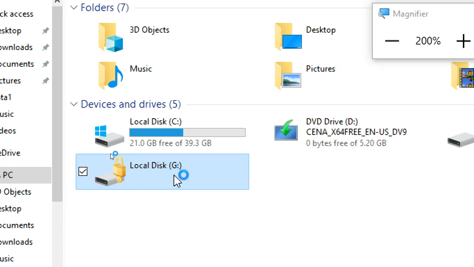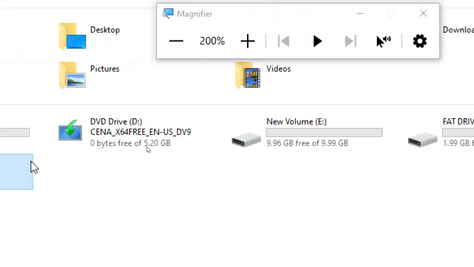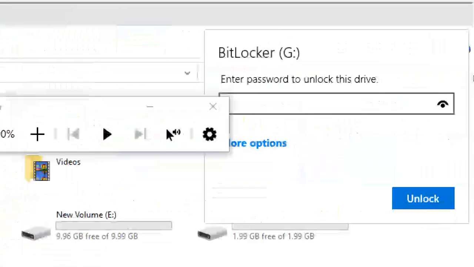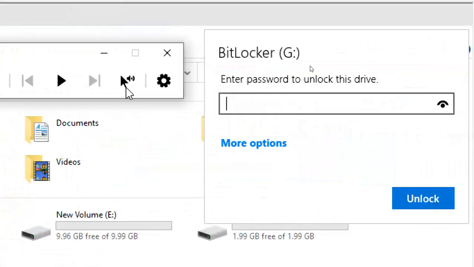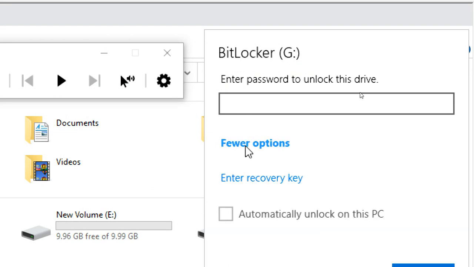So I'm trying to open it, double click. It will show a notification. So you have to give the password. In case you forget the password, there are more options: enter a recovery key. Okay, like I'm giving the password now. The password I gave is 1 2 3 4.